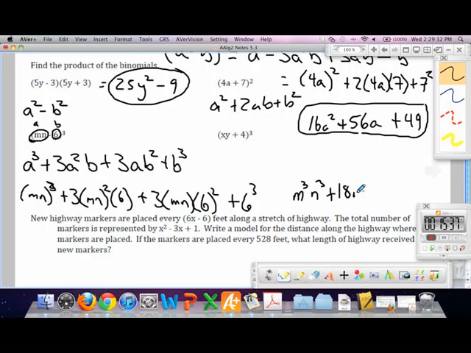Would it be negative 18? And it's mn minus 6, so the pattern should be the second and the last are